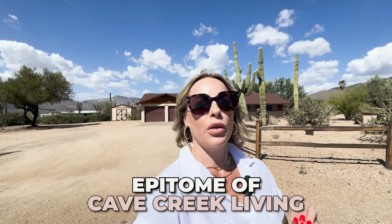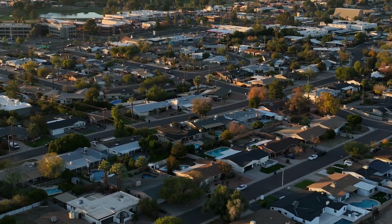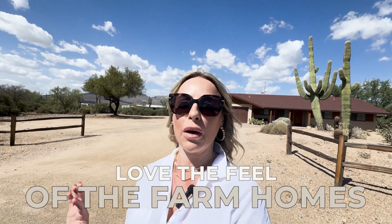This is definitely the epitome of Cave Creek living, and to be honest, when we moved here, this is, I think, what my husband thought we were going to be living like here in Arizona. I am definitely bummed I didn't get my boots on to come show you these homes. I should have brought my cowboy hat and my boots, but I just love the feel of the farm homes